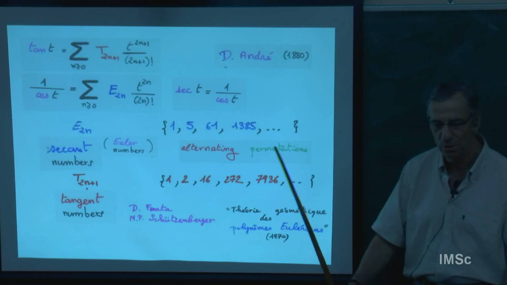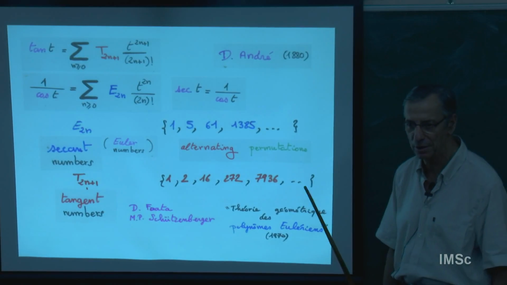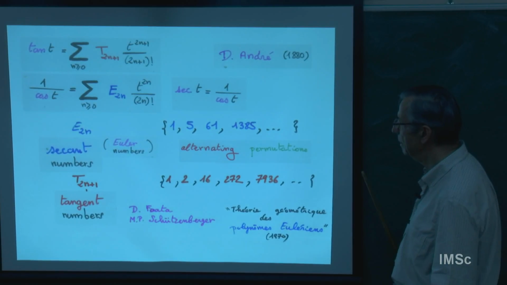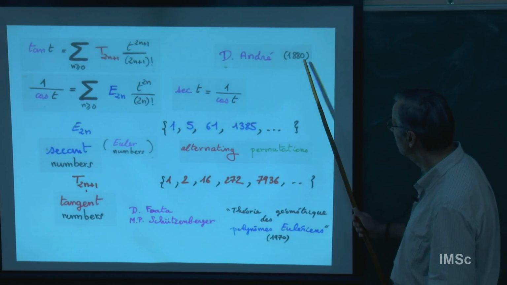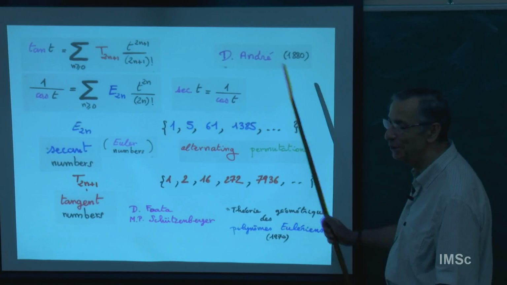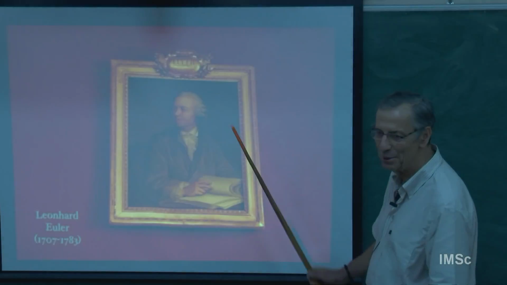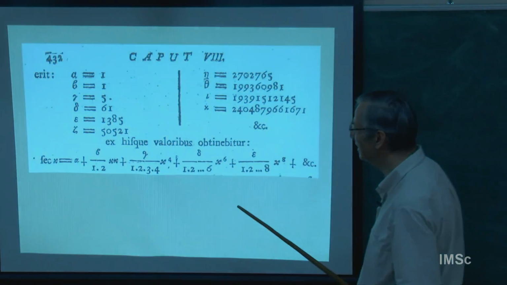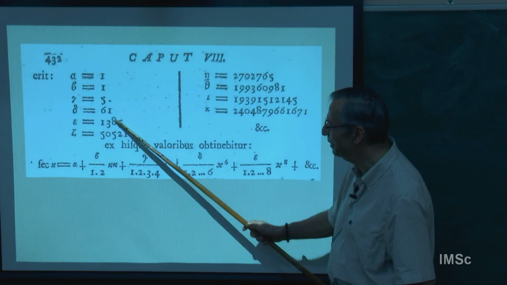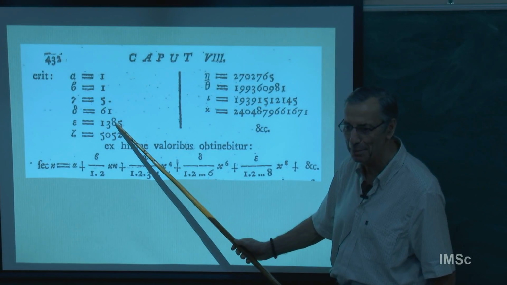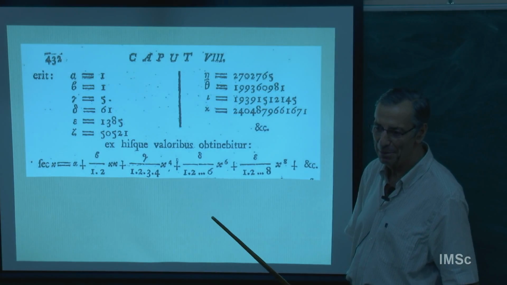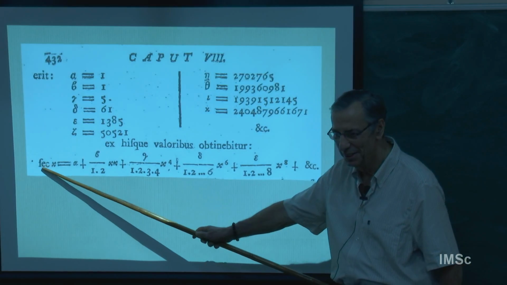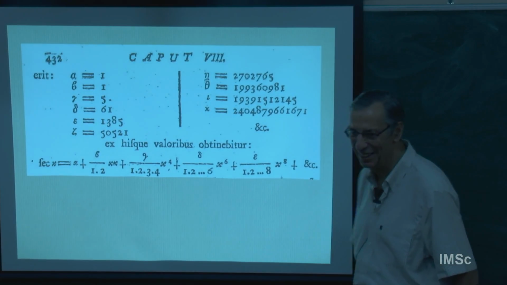They introduced some new class of permutations called André permutations. There is another interpretation, so it's a Lecture Notes in Mathematics. So you see, almost 100 years, and if we go back 100 years earlier, then there is Euler. So you jump century to century, you see, it's amazing. And Euler, look, 1, 5, 61, this is the secant number, explicitly in Euler. This is why maybe it's called Euler numbers. And this is, you see, the secant. This is an S at that time of Euler.